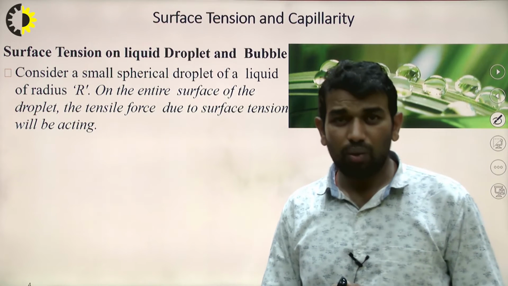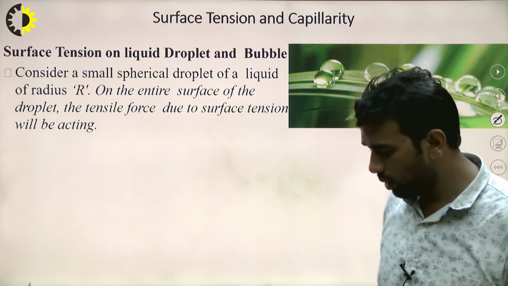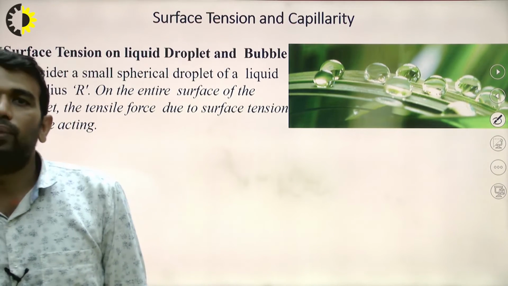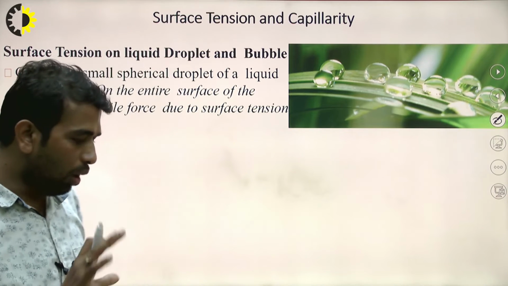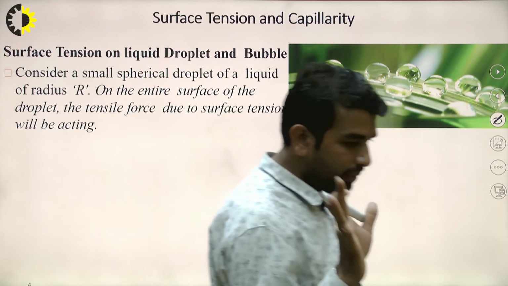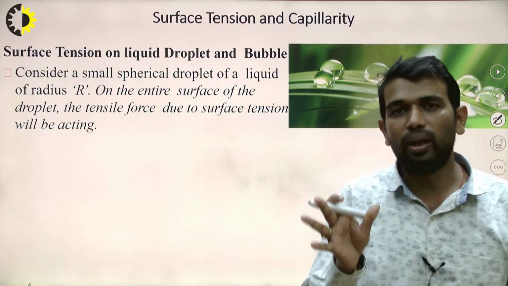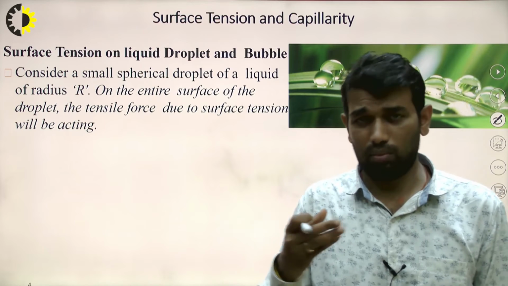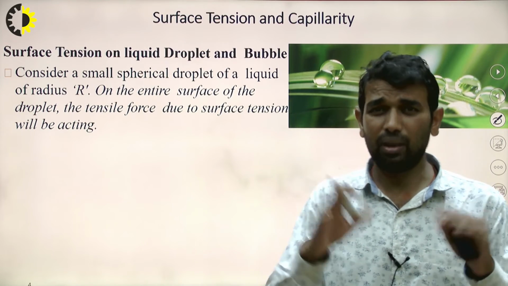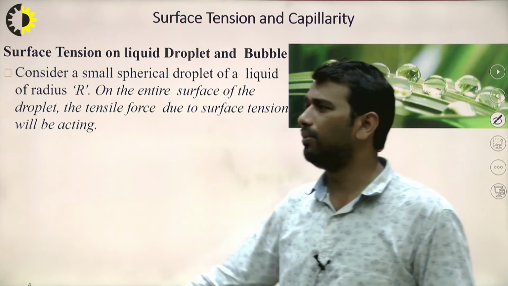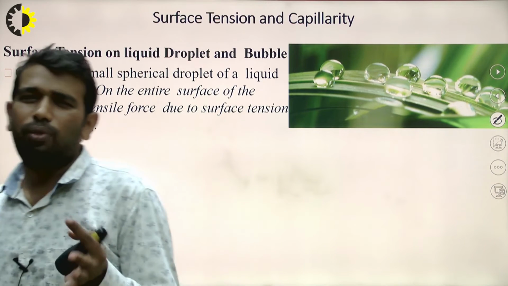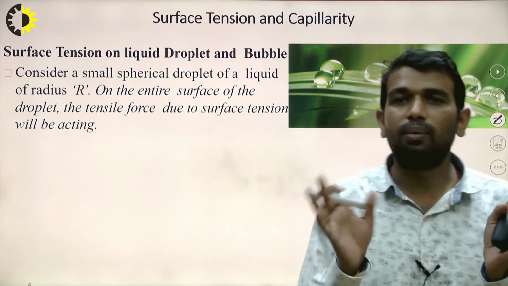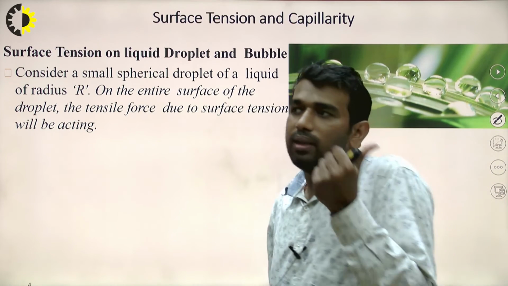So let's go through some mathematical calculation to find out how the forces are going to be balanced in any given fluid. We are going to calculate the amount of surface tension present in that particular fluid. It's definitely a fixed parameter. So once you choose the fluid, we are going to establish a relationship between the pressure as well as the surface tension.